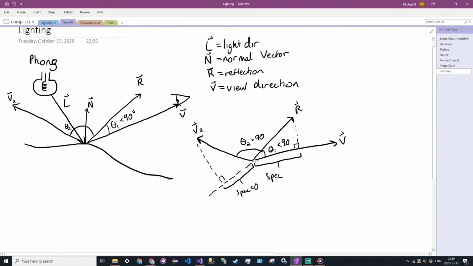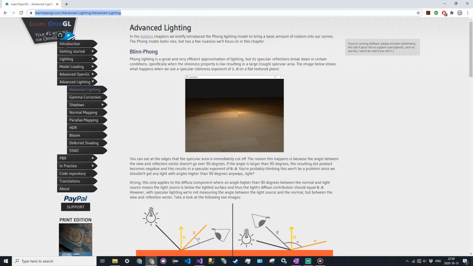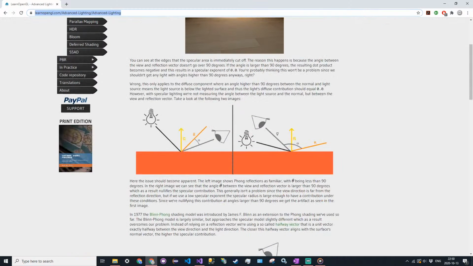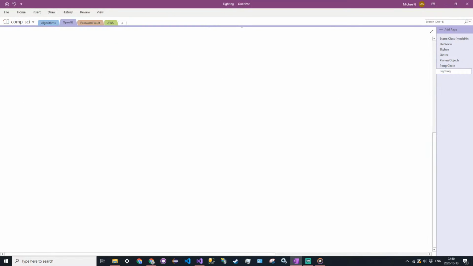So what's his name? It's all in this article here. James F. Blinn. So what James did was he used essentially the same model. So Blinn,